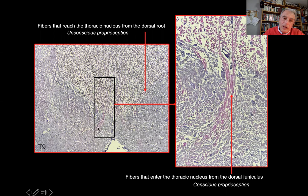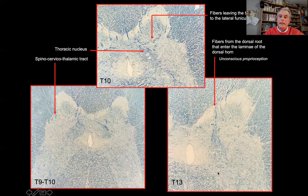They go on top of the gray matter, and when they reach their site, they enter. And also here you have fibers. This is enlarged here. These fibers enter the thoracic nucleus from the dorsal funiculus. This is for conscious proprioception. These ones are for unconscious proprioception. Again, we see this is a transverse section, right? We also see the